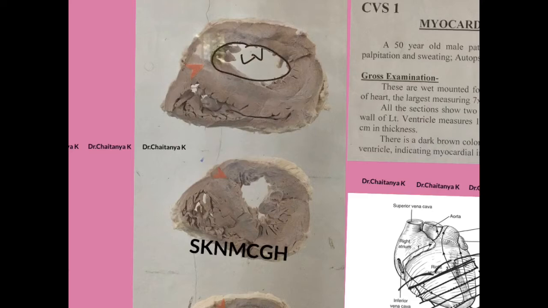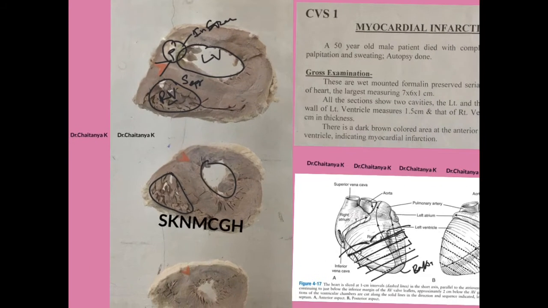One is called the left ventricle, another the right ventricle cavity. This is your septum, and here the arrow shows a pale area which is an infarction. So this is your specimen. Then again, you can see that cavity sizes are given at different levels. Basically, here again you can see the thickness of the left ventricle wall is increased.